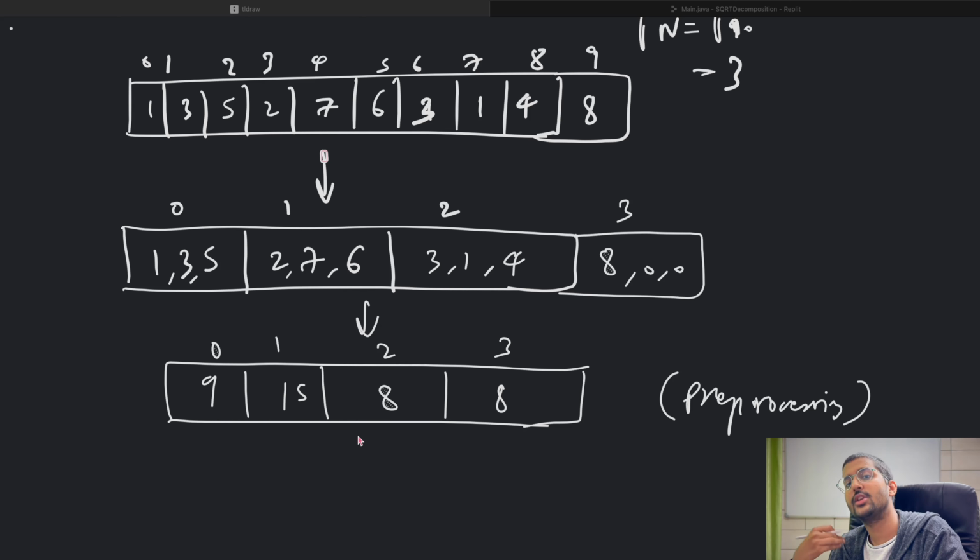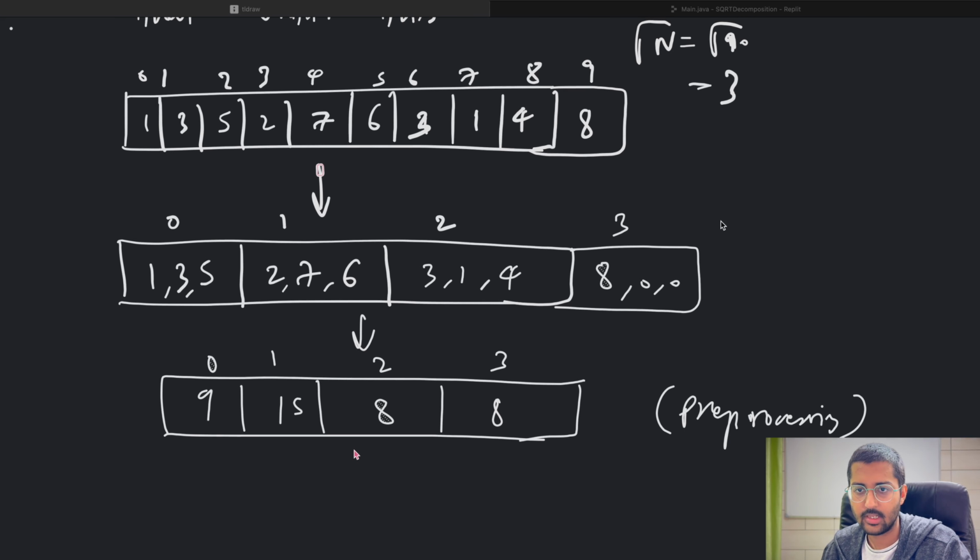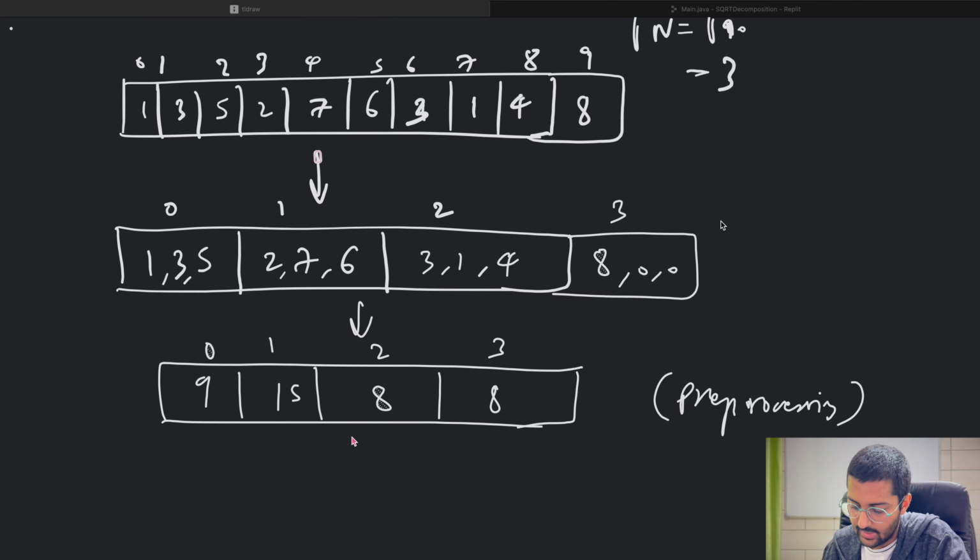But how do we actually solve questions now? How do I actually solve questions? There can be many cases over here. There can be 3 cases over here. Okay. Case number 1 is, let's say you're trying to say that